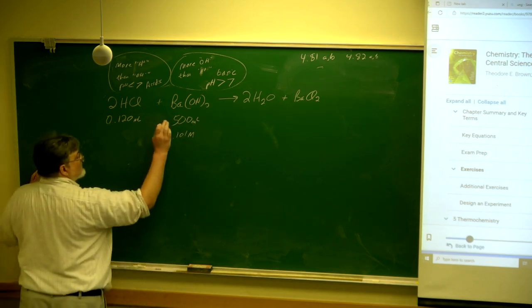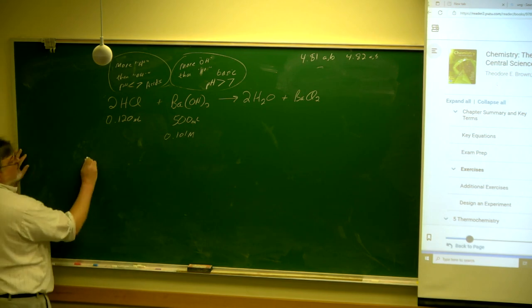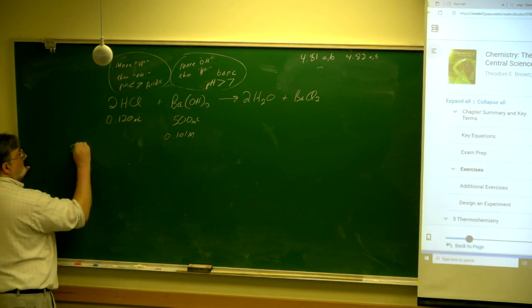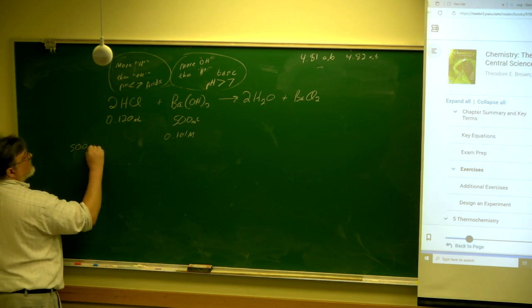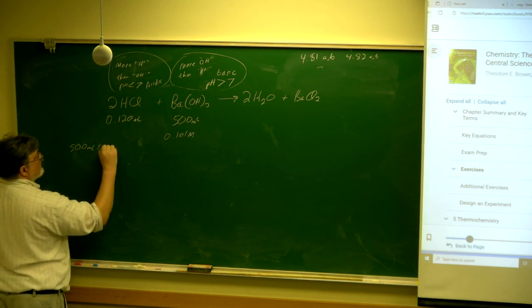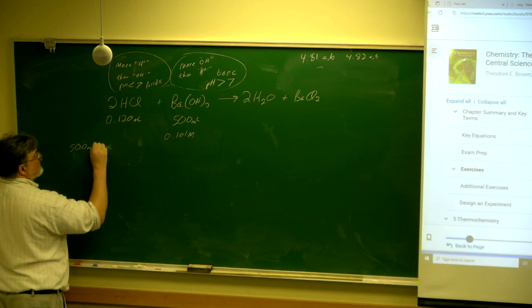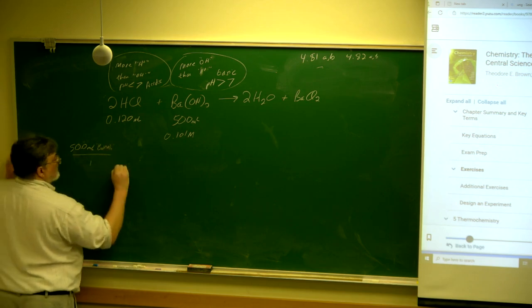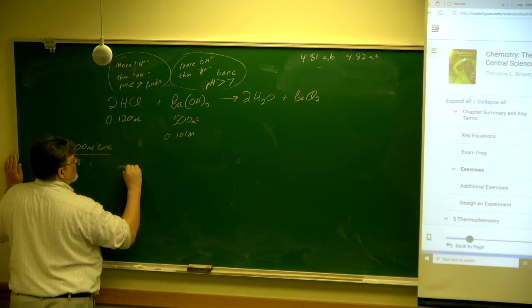So we're going to start with this side where we have all the information. It's going to be 50.0 milliliters of Ba(OH)2, 1,000 milliliters